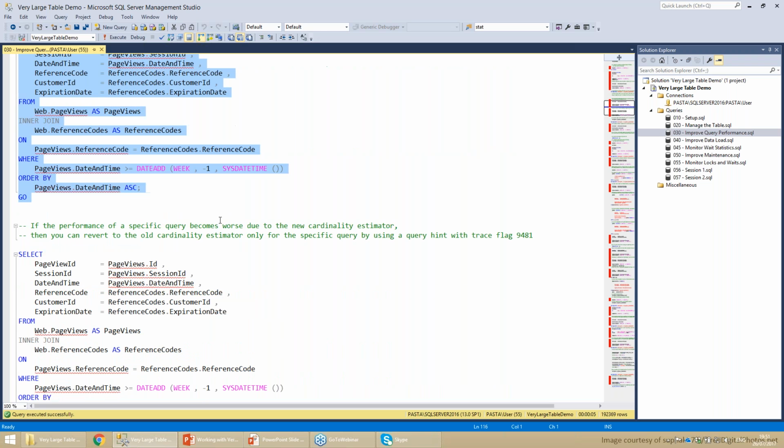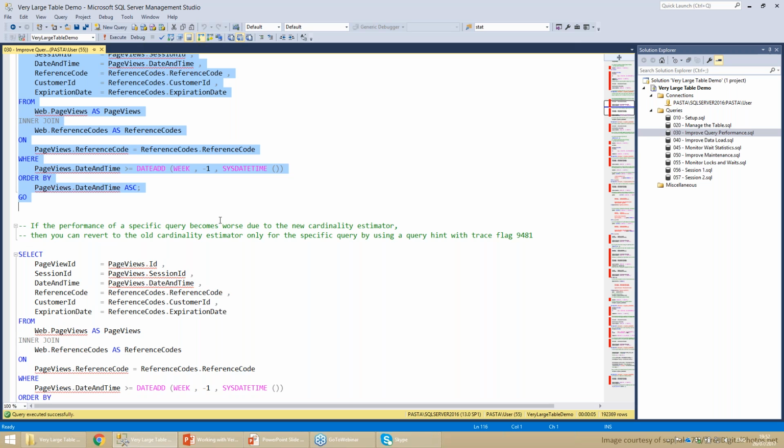Now you have to be aware, this is very important, that with the new cardinality estimator, there are some drawbacks as well. There are some scenarios where you might get a worse plan than before, than with SQL Server 2012. And it's quite common actually with our clients. When they upgrade to SQL Server 2014, suddenly they encounter poor performance and they don't understand why.